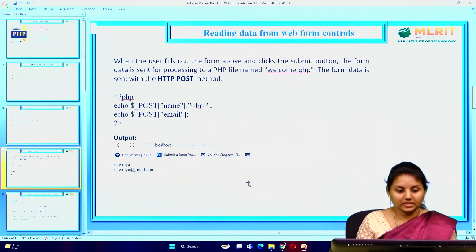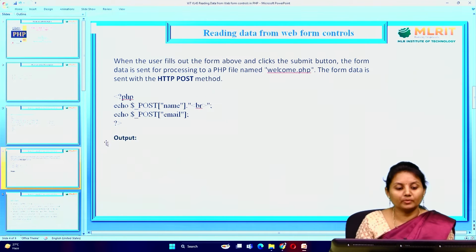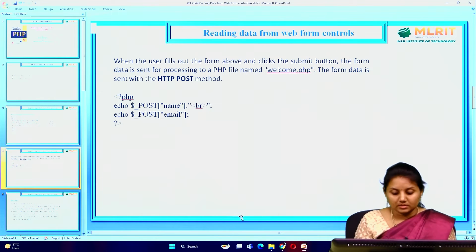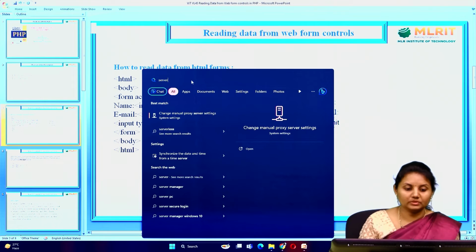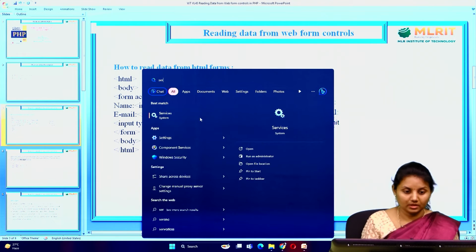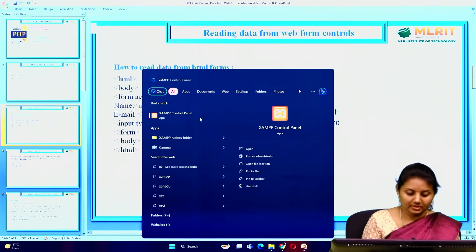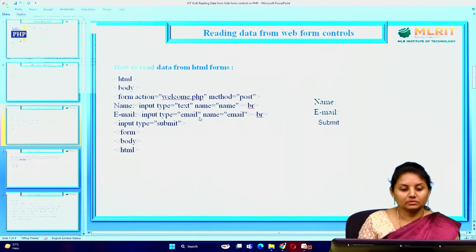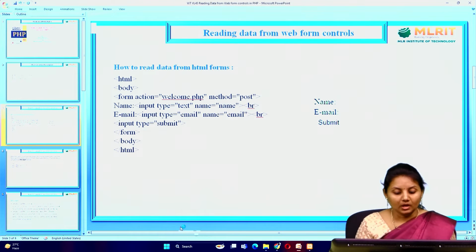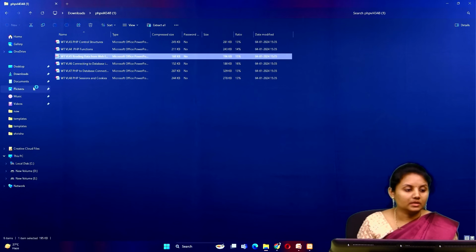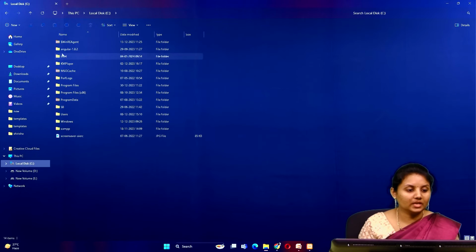So for the execution of this program, we have to see the server whether it is started or not. So see that the server has been started. So just start your XAMPP server we will use. So XAMPP, just start both the Apache and MySQL here, restore, then go to your C drive where you will have